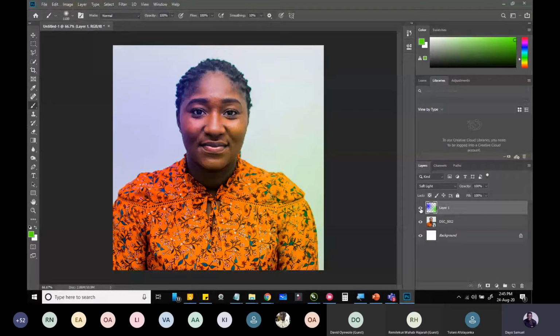Sometimes this may not work for you in the sense that you may have to do a manual edit for your picture. You might have to do that sometimes, but a lot of times this way can simply answer your query and get your work sorted out. Now, having done that, another thing I can show you when you are working with pictures is, let's say we want to do